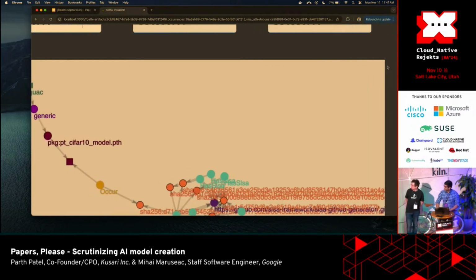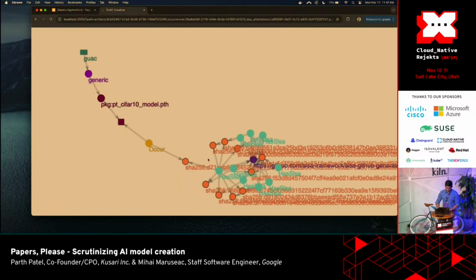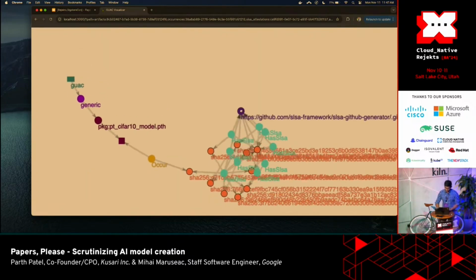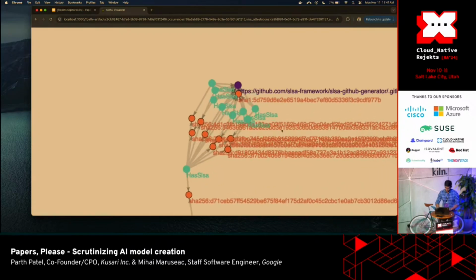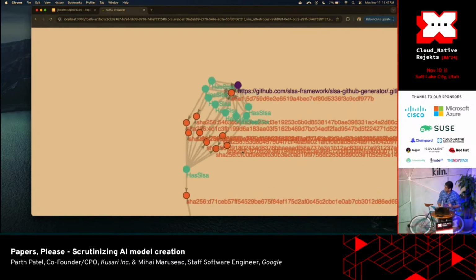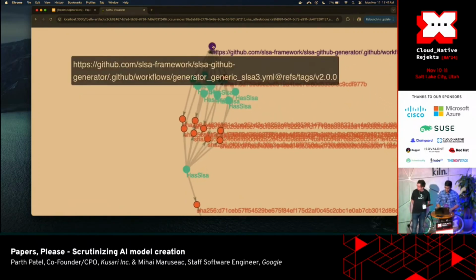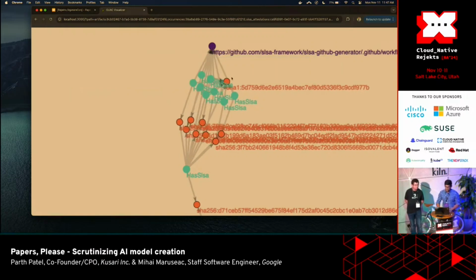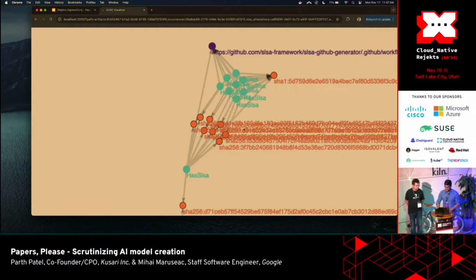Yeah, so this was the PyTorch model. We can see this node, the pink circle here. This is the PyTorch model, and as dependencies, we see all of these SLSA nodes here. These are the data sets, the images from the data set that have been used to train the model. And you can see they're all linked to this SLSA generator. That's where they were built from. And this is this particular hash, and they all are linked together with the SLSA statistician.